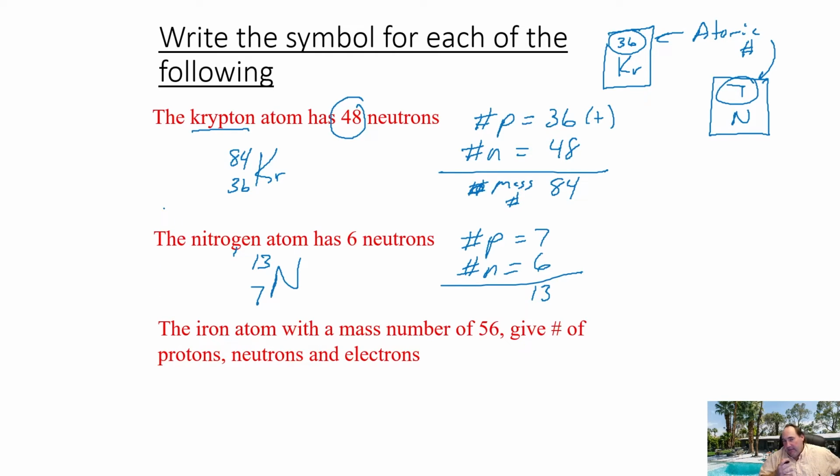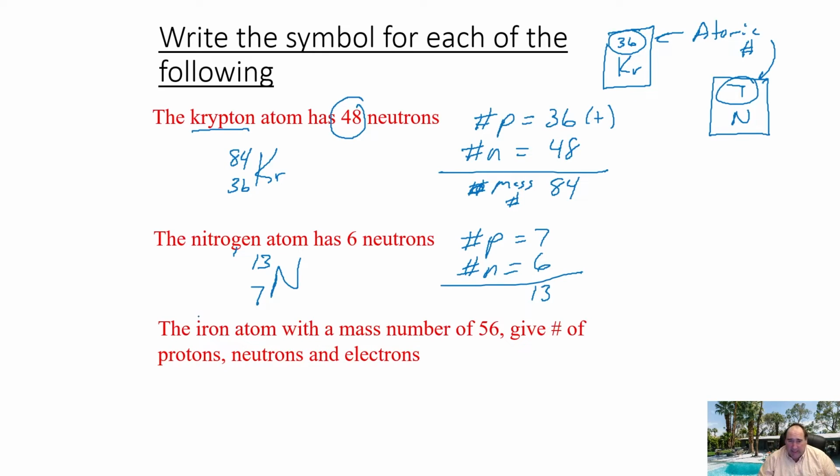By the way, in this sort of situation, you could pretty safely assume that they're neutral. There was no mention of a krypton ion, or a nitrogen ion, or anything about ions, which are things that have charges, as we talked about in a previous chapter. So you could safely assume in this case that it is neutral, unless it mentions something like it's an ion or this guy has a charge. Otherwise, it's pretty safe to assume that it's going to be neutral.